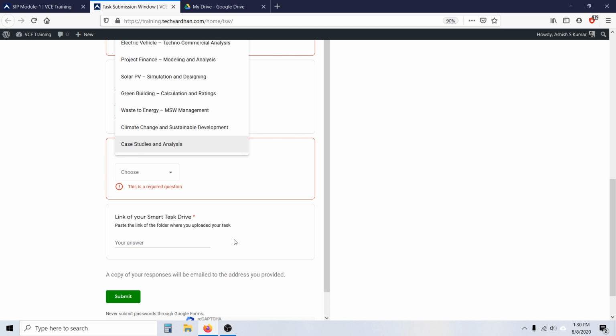So what happened then is they send the task by email or WhatsApp or something like that, and their tasks are never registered with our portal. Because when you submit through the form, it registers in our database in the Excel sheet, and we can check the task. Everybody can check, right?